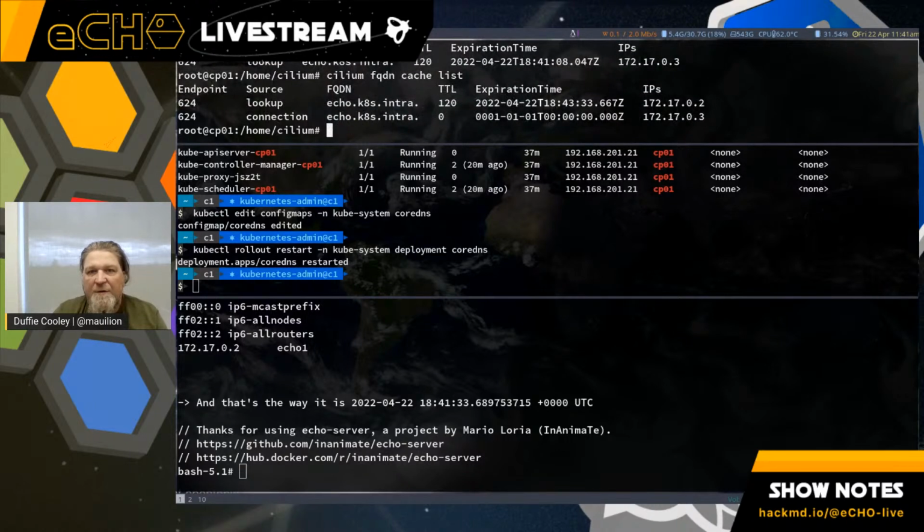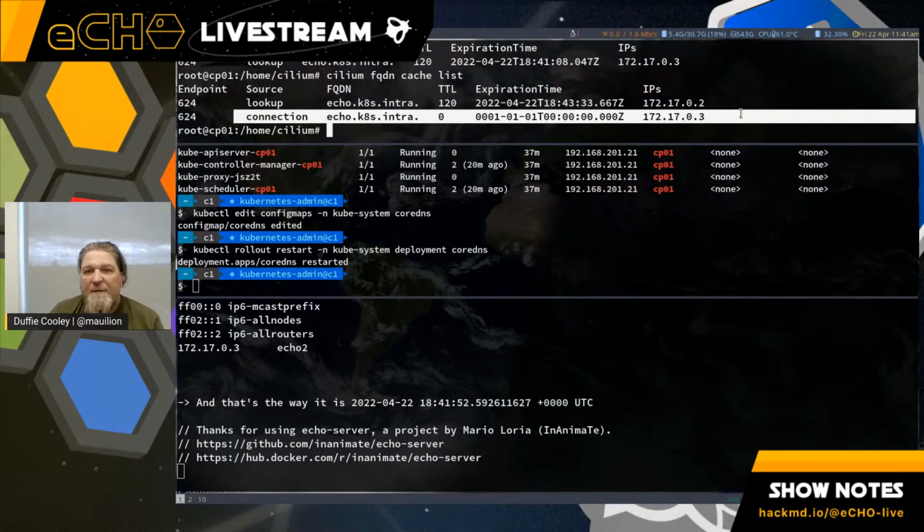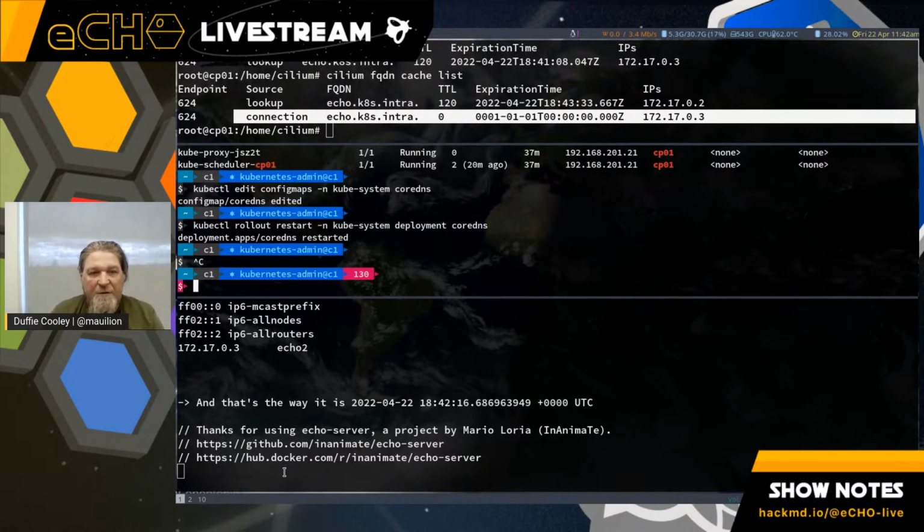If I do my cache lookup again, I can see that one of them has moved to connection state. The other one is sitting there in a new record. So we're going to keep that one around for 2 minutes. Now in connection state, we're still able to communicate with that old record. We're modeling that interesting behavior that applications have, where they may hold the IP address and continue to connect to it, even though the resolution of that host has changed. So if we do our lookup on that host name again, we're seeing that the resolution of that host name has changed.